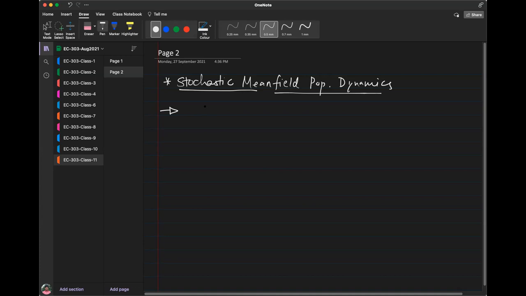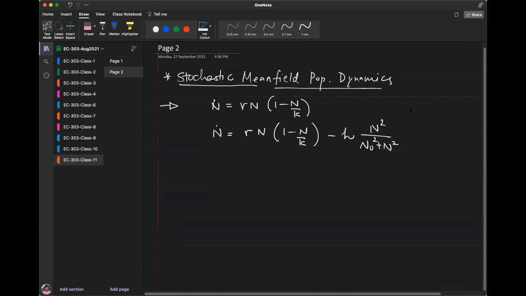Now, what are the classic population models we know? We know the logistic model, and also, just to give an example, a model with harvesting, or a predator-prey model. We have studied these models really well in our course so far, in the previous course and this course. Now, if somebody says these are all nice mean field models, but let's add more realism, how do we add stochasticity?